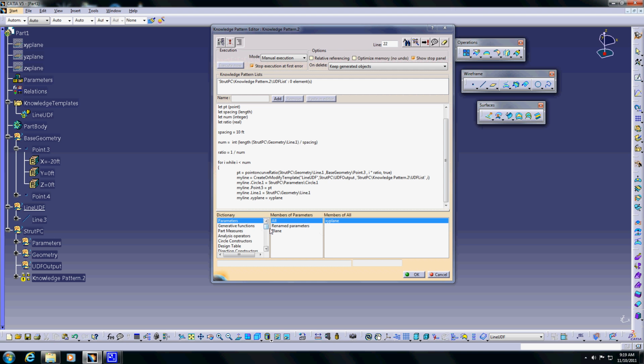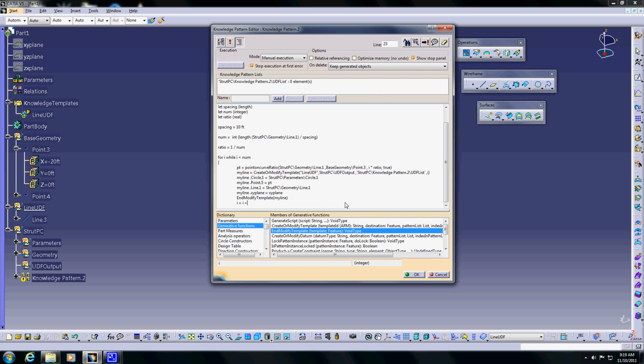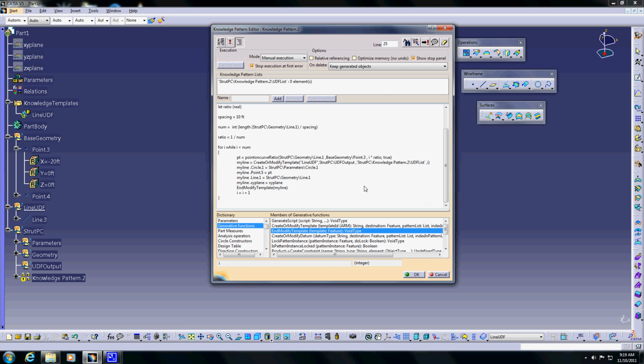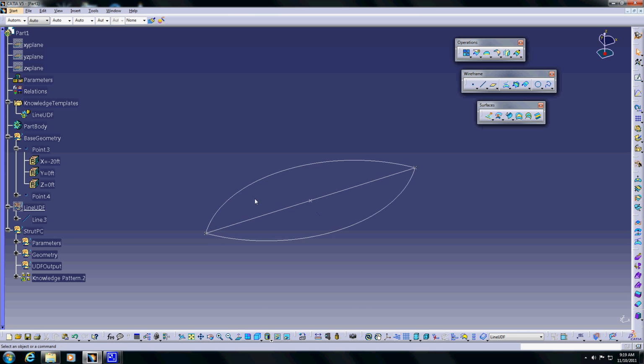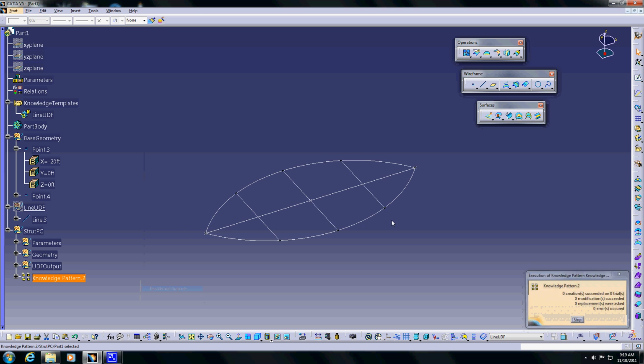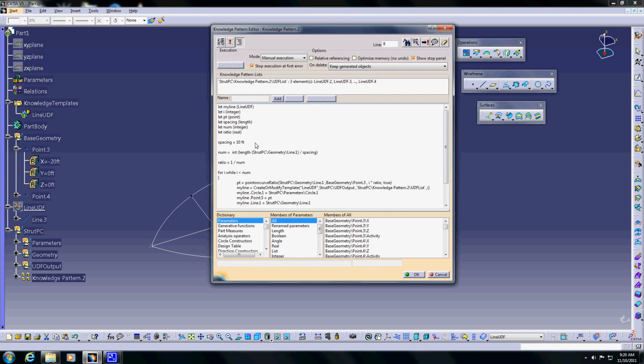And we're just going to need to modify the template here for my line. I equals I plus 1. Alright, so let's see if this works, and if not, we'll go back and troubleshoot it. Alright, so we have our strut geometry there, and we have a knowledge pattern that should instantiate these. Good, and this worked. So we can go back in, and if we change this spacing to 5 feet,